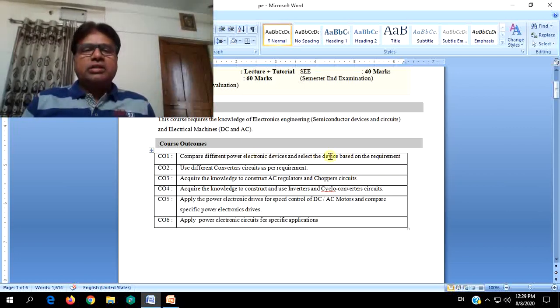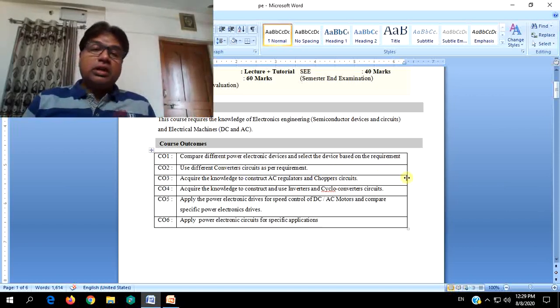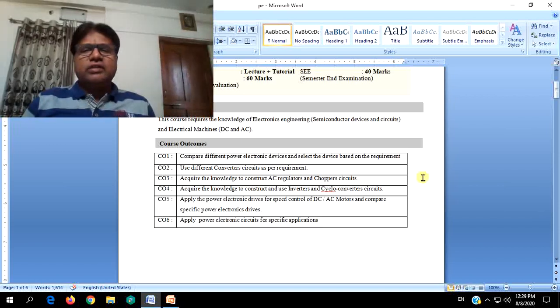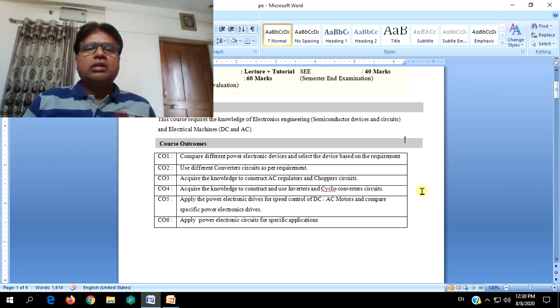So the first unit comprised of the main power electronic devices which can be used as turn on and turn off devices, or simply switches, by using which we can do so many things related to the electrical circuitry. That is, where we can convert a given form of electrical waveform to any other waveform which we want. It may be same as the source but differs in certain parameters, or source may be converted into some other form, like